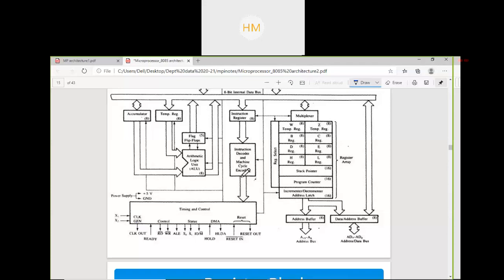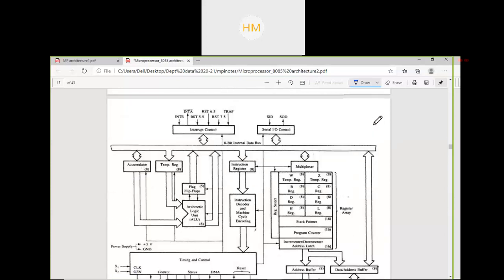Then instruction decoder and machine cycle encoding. The major elements I'm discussing, not the smaller ones. Then we have a programming model, or you can say a register array. Then all the control buses, address bus, data bus. Then you have the interrupt controller. Then you have serial input output control. Is it clear?